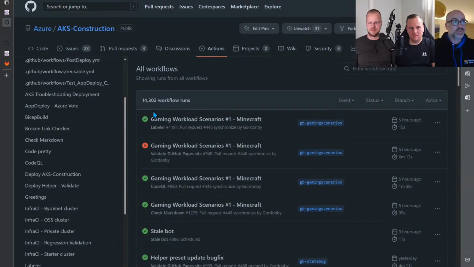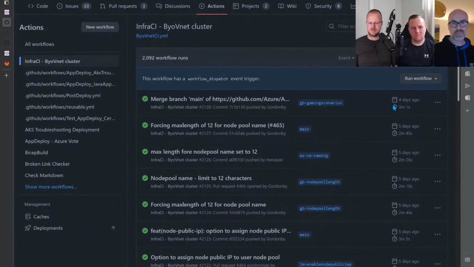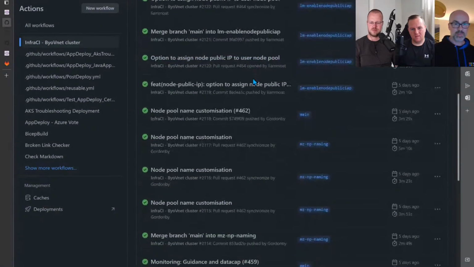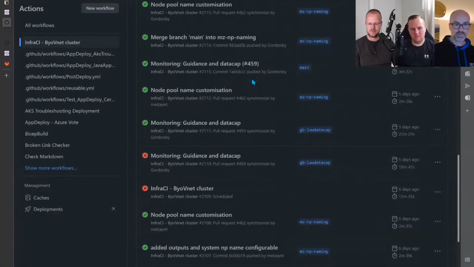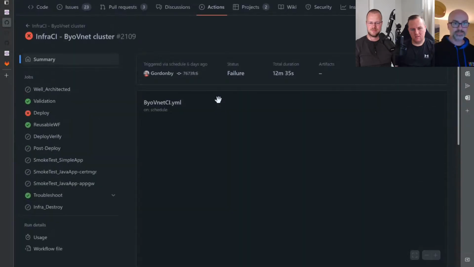Because this is just an infrastructure project. We're not deploying apps, we're not doing ASOS-type big things, but we've got a lot going on in here. If I go into one of the infra CI pieces, we have things that trigger part of CI. If you want to get things through, it needs to build. Let's jump on a failed one, that might be interesting. We also run them scheduled as well.